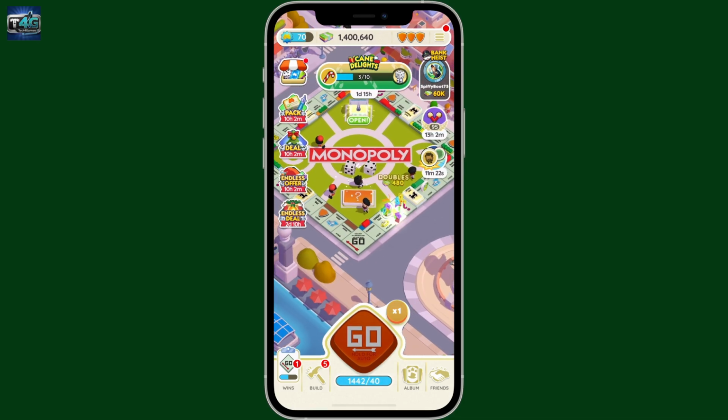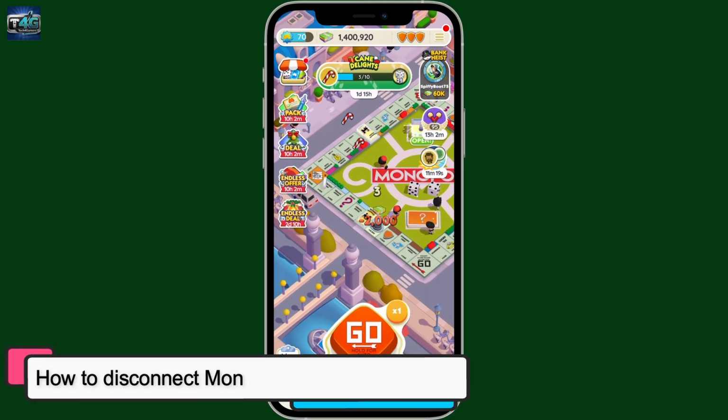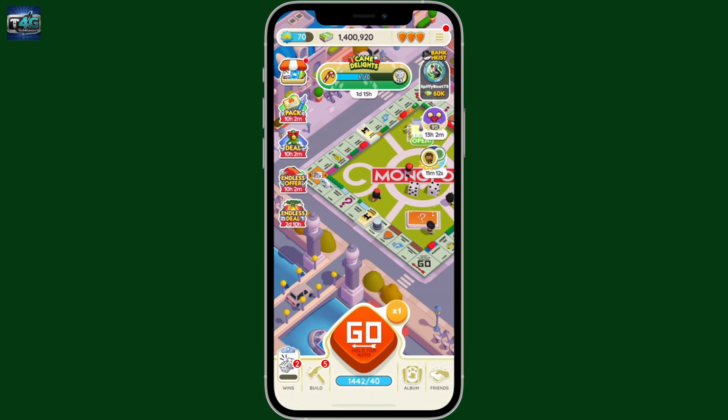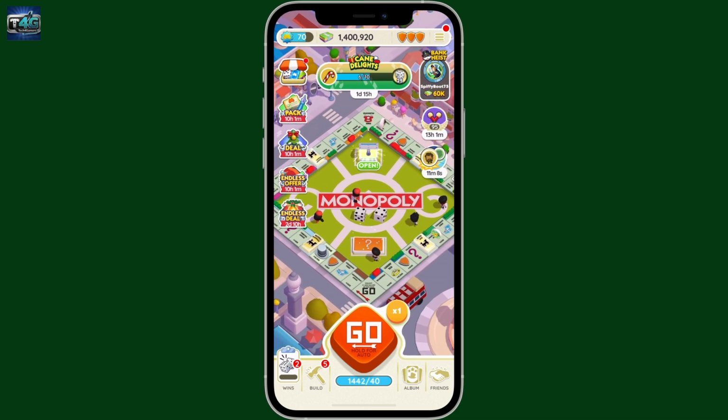In this video, I'm gonna show you how to disconnect Monopoly Go from Apple ID. To disconnect Monopoly Go from your Apple ID, first of all, open the Monopoly Go application on your device,